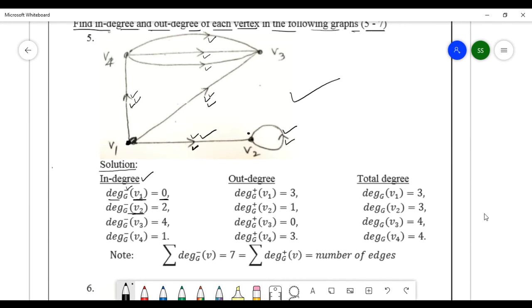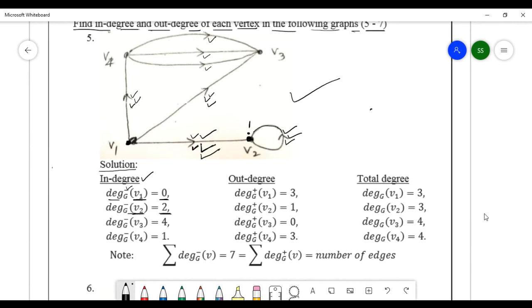Okay. Here the graph is directed. For the loop, in directed mode, 1 degree for in and 1 degree for out. Okay. Look, see at this v here. This one is coming, that is 1, and this loop here is coming this way. So one for loop and 1 for this, that is 2 degrees. In degree is 2 here. In degree of vertex v2 is 2.